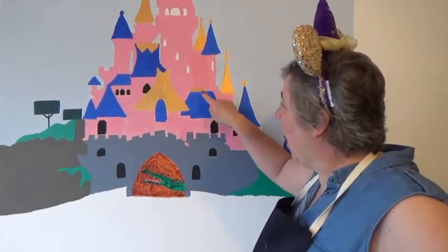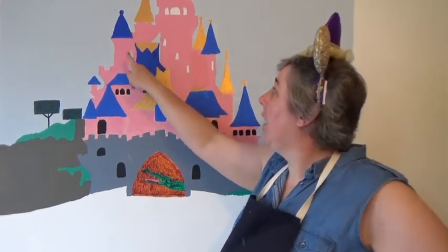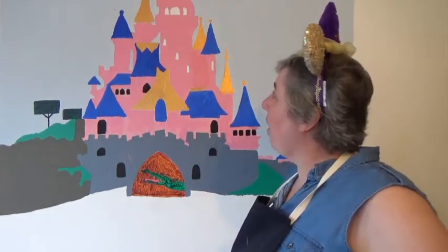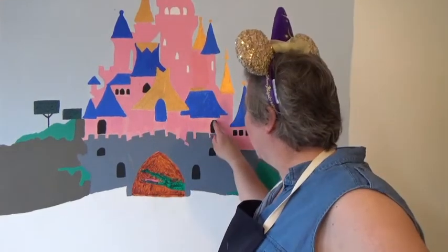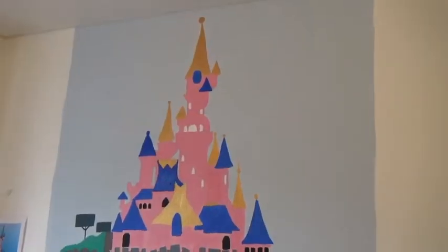Hey, so I've nearly finished. I've added some gold here, some blue here, some blue here, a little bit of pale blue sky there, and all I really need to do now is finish off the windows, which are black like this. All those little windows have to be painted black, and then I think a black portcullis here, the iron gate that comes down over the castle door, and then it's pretty much finished. How fun is that? Just to show you from the top to the bottom,